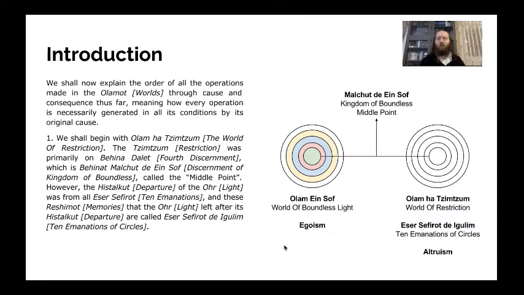And what you shift gears into is the world of restriction, Olam HaTzimtzum. And it also goes through preparation, and we'll go over it in the coming slides, where